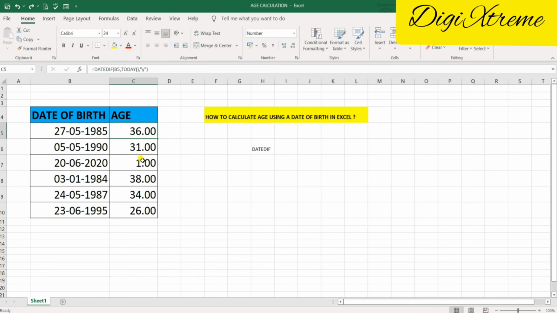This is very simple and also very important, because such questions are asked in interviews, and you have to be very efficient about calculation. You will not have so much time, but if you are aware of this formula, then you can easily crack this. You just need to apply the formula for a single person, and it will give the result for the rest of the data as well.